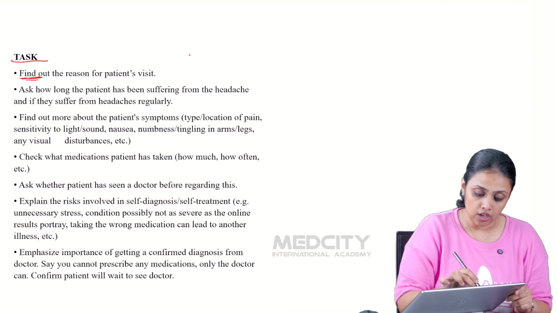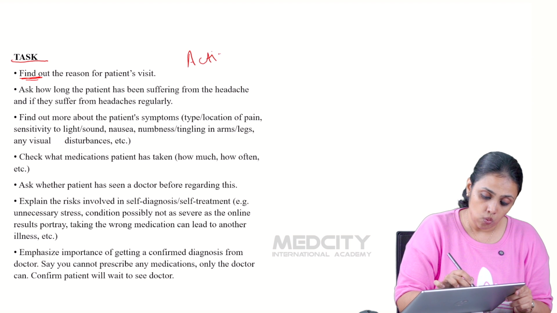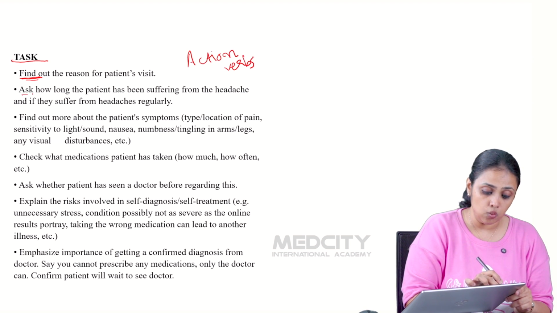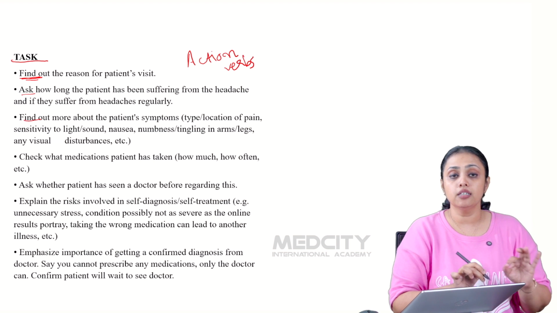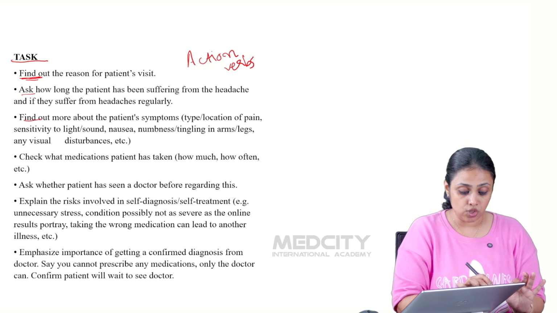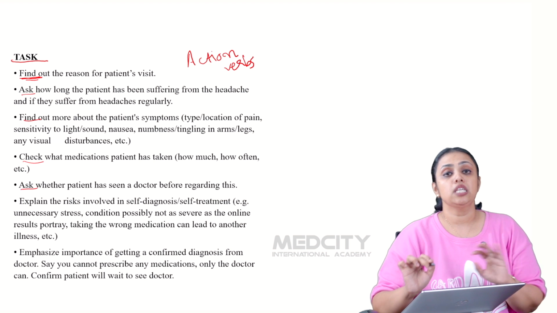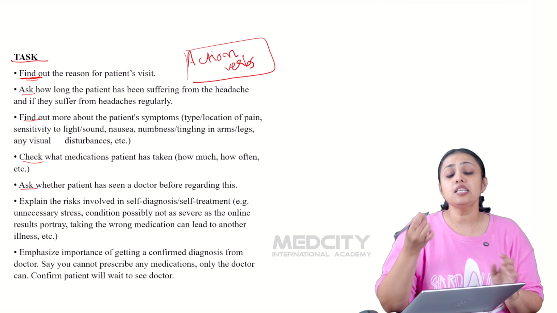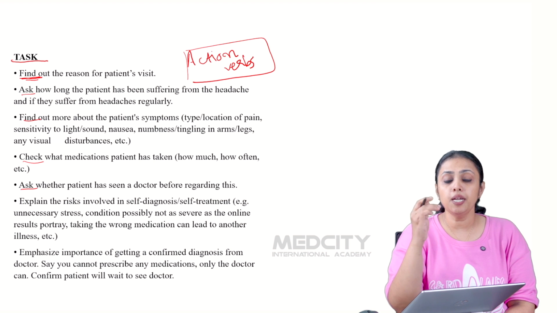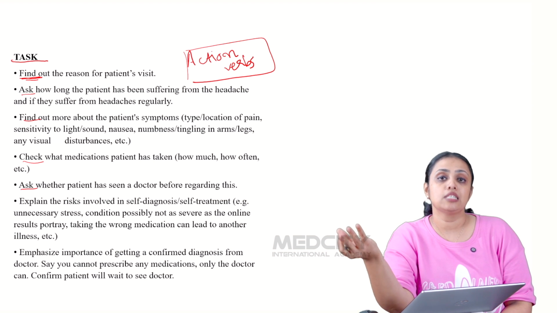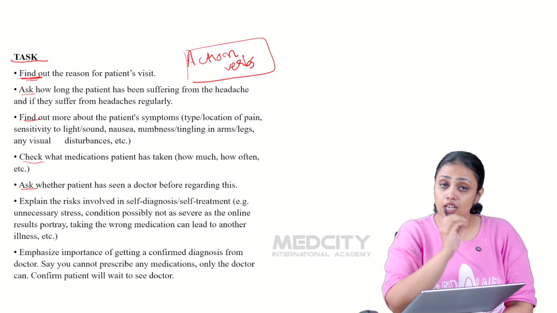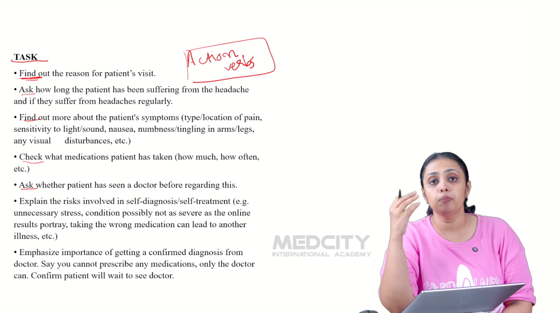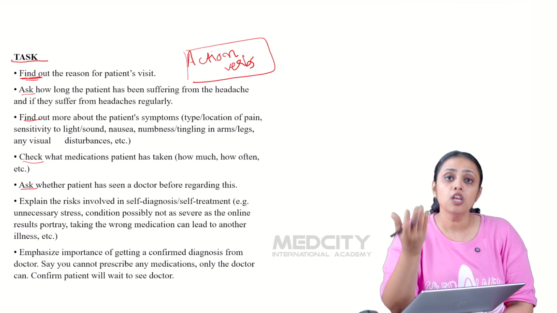We have something called the action verbs, which is nothing but these starting words which you see at the beginning of each task. Now, they are called action verbs, and these action verbs decide how you have to phrase your sentences. It's according to these tasks that you have to develop or construct the sentences that should be put forward to